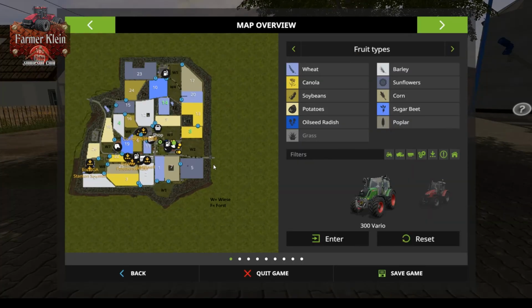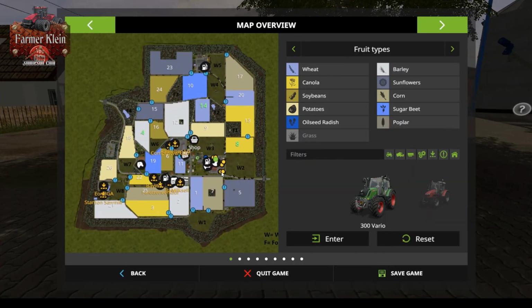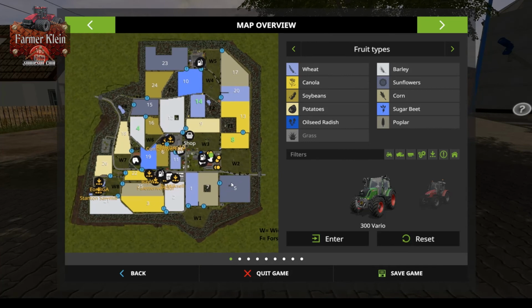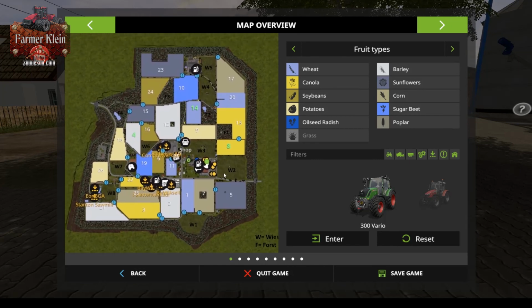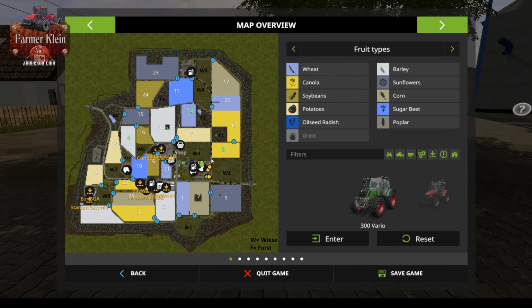So here we are. It's a modest sized map, and I'll just give you a hint that these fields are 2.5 hectares or so in size or smaller, to give you a general frame of reference here. The W fields represent the grass meadows. The F represents the forested areas on the map. So this map has our standard crop types,